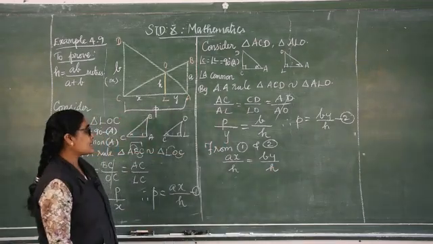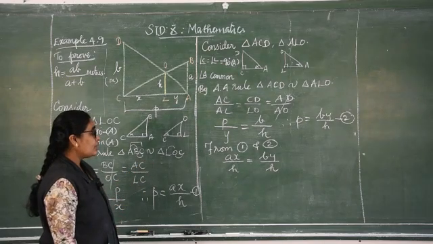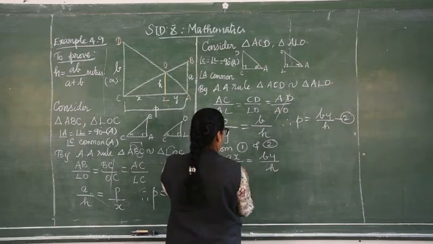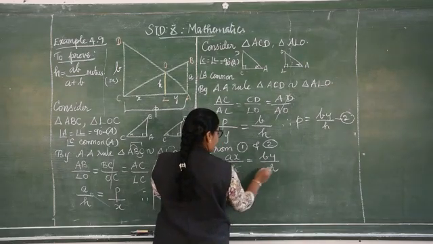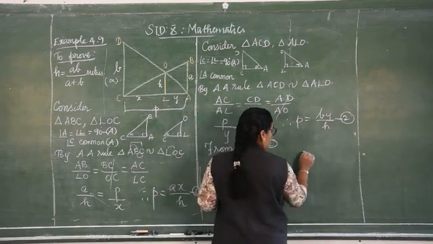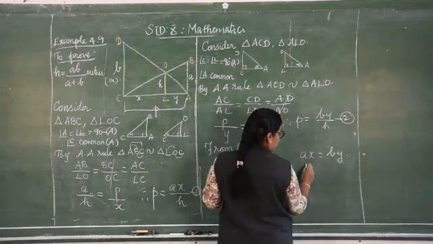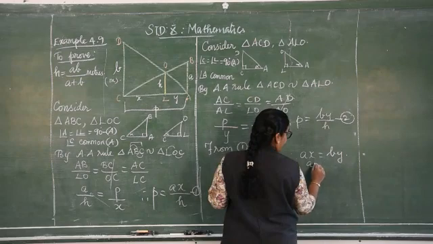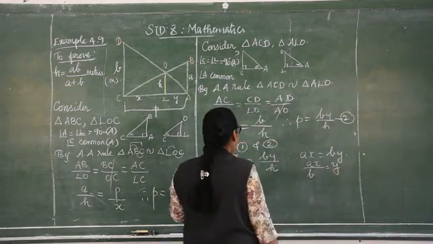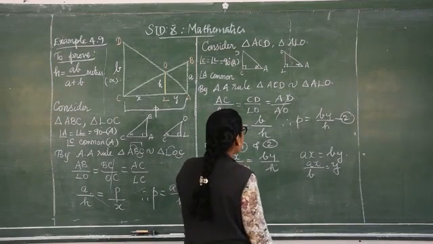So we are writing AX by H is equal to BY by H, but we need the H value now. So how can we equate this value now? X by Y. When you cross multiply, it will get cancelled. AX is equal to BY. So therefore AX is equal to BY. Write it in such a way that X by B is equal to Y. Apply Y in terms of this value so that you will get the value of H. H value only we need.